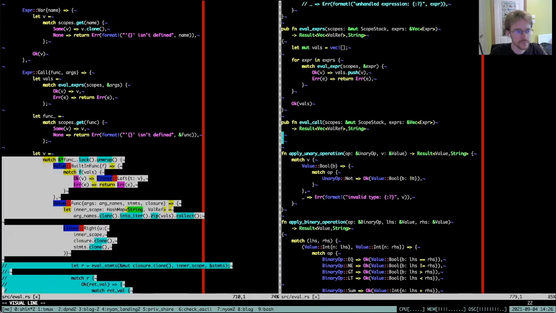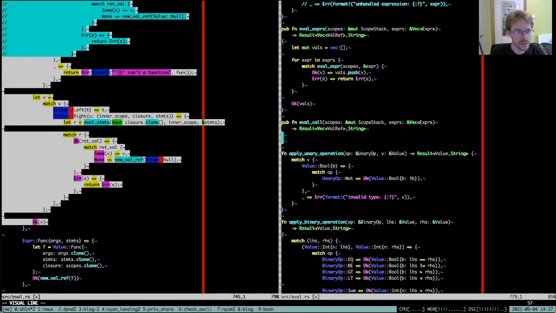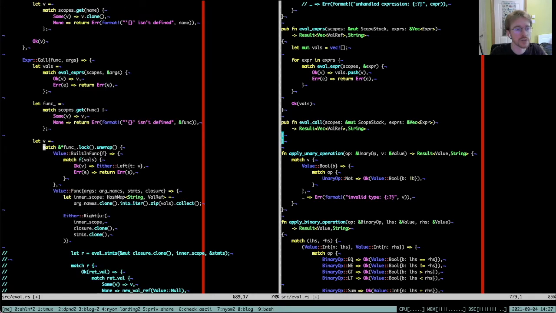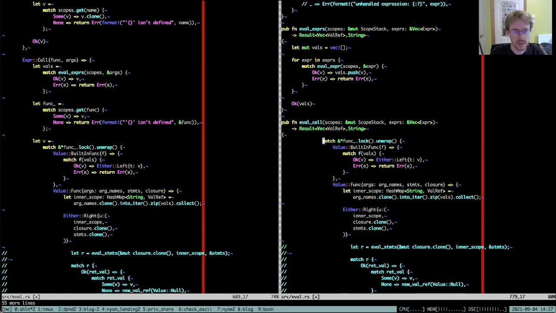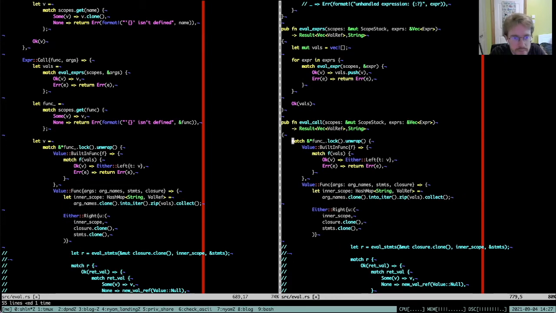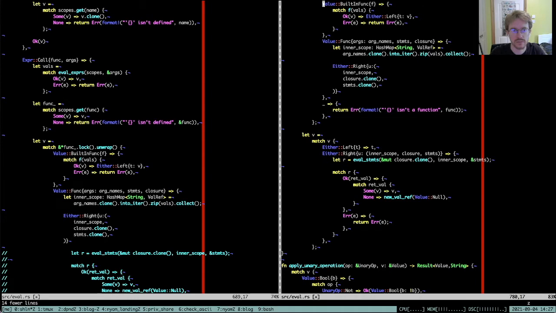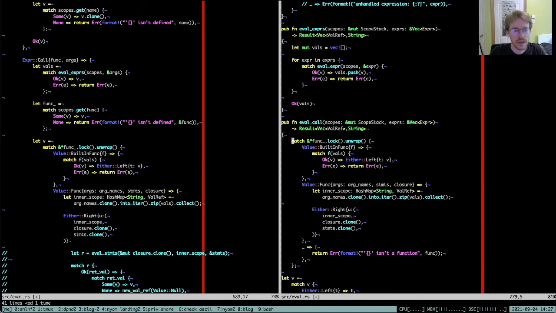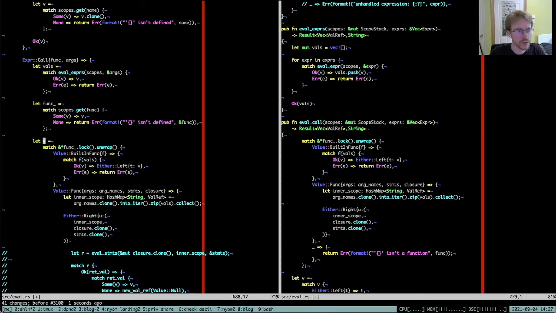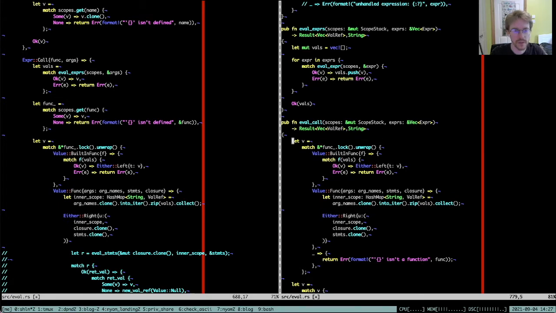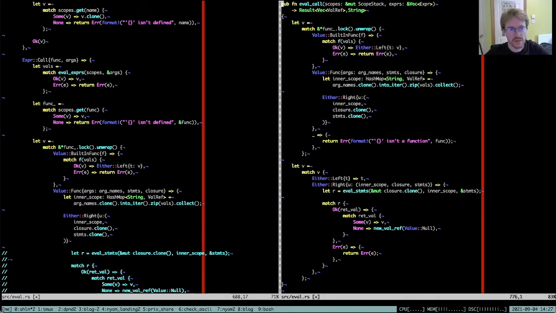Okay, so I'm not sure the exact approach I'll be taking here. So what I'll do is I'll pretend I have it. Oops, so I can get rid of that because I think I found out that it works. And oh, I'm missing a let v there. So I'll assume here that I've actually already split it up. So I know that this is a value built-in function, and